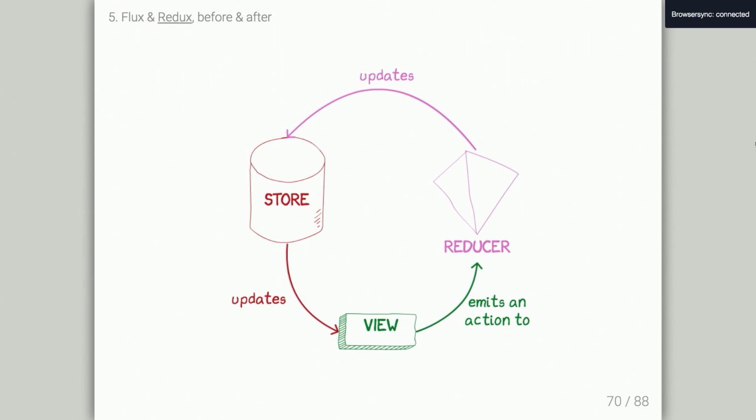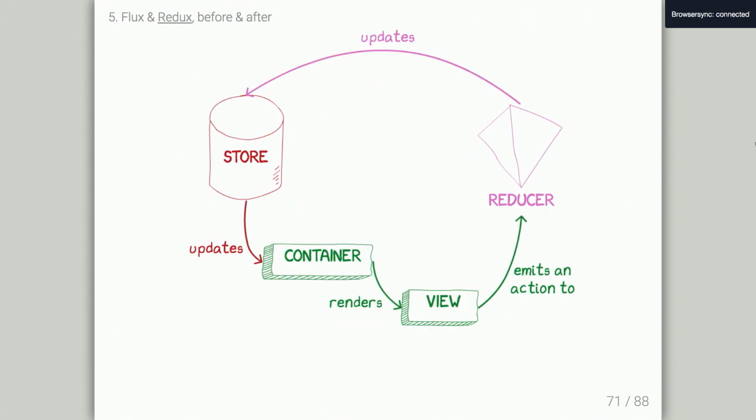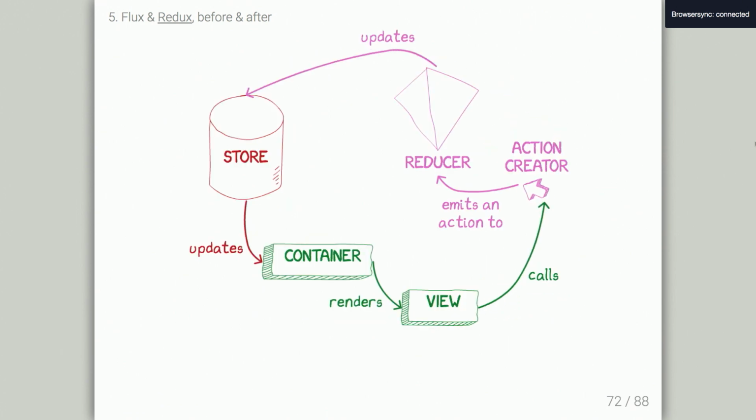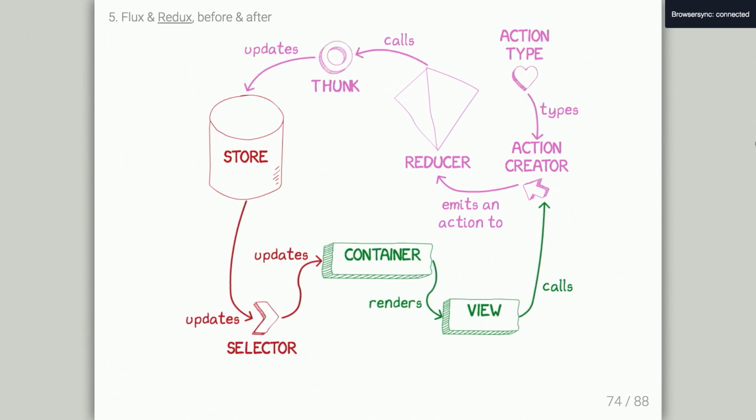Okay, so Redux before and after, very similar to Flux. We took that dispatcher, replaced it with a reducer. Looks like this. Again, in practice, it's a little bit more complicated. There's also containers. There's also action creators. There's also action types. As it grows, there's also thunks and selectors and epics or whatever else you might be using. And again, like these things have their role, and there could be value in designing systems like this.